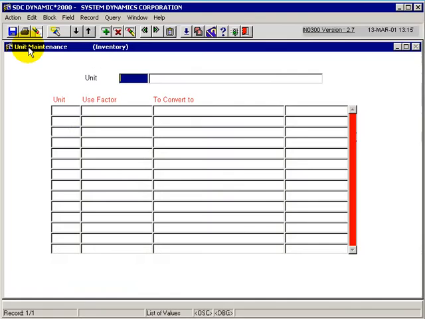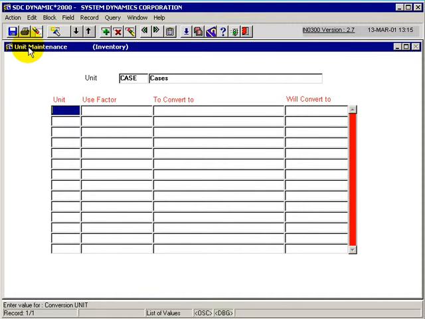If we go on to the unit, we're presented with the unit maintenance, and basically we can define to the system anything to do with respect to units of measure, as well as any conversion factors and how these are related, i.e. converting cases to eaches or eaches to cases. So using that specific example, if we wanted to set up a unit of measure of case, we simply come in here and type a unit of measure of case. We'll give it a description of cases,